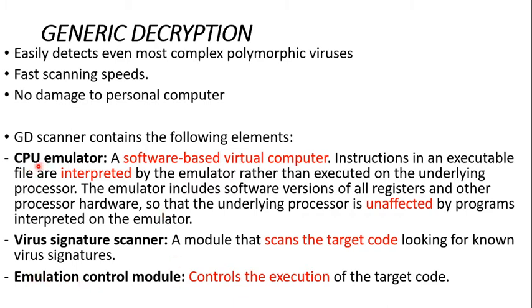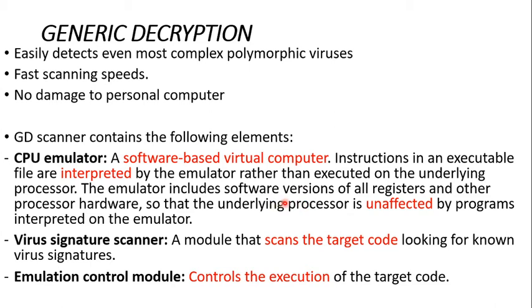What is the purpose of the CPU emulator? Whenever a processor tries to process a program, here an executable file, before that file is executed it must be interpreted. First it has to be interpreted by the CPU emulator. Once the CPU emulator interprets each and every instruction present in the executable file, only then will that file actually be executed